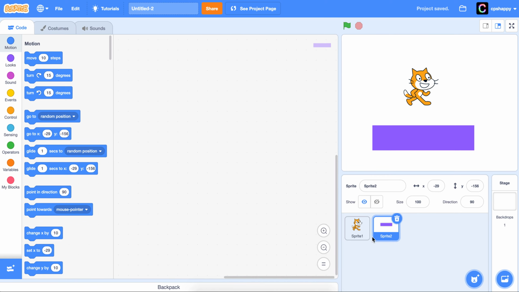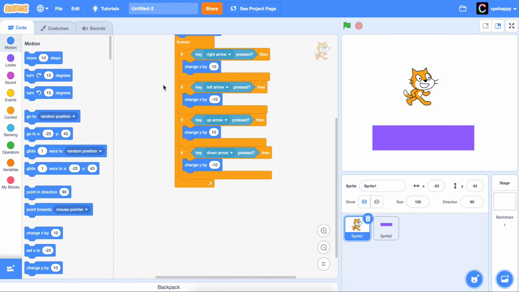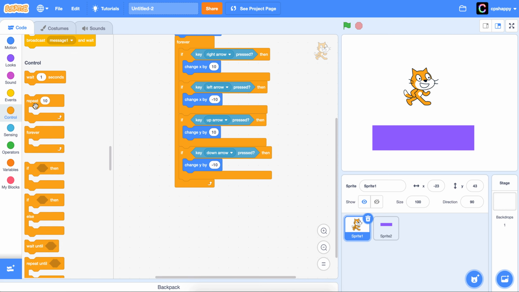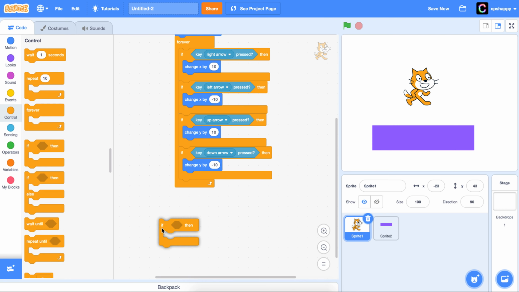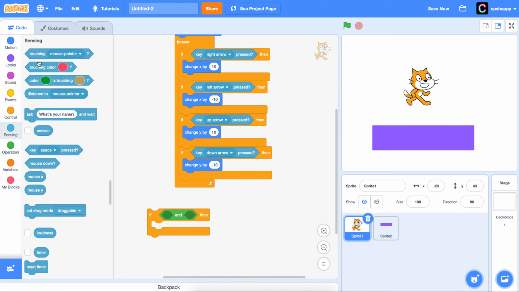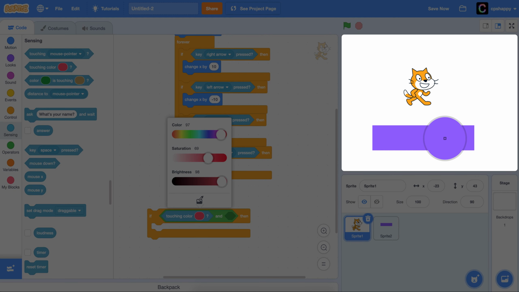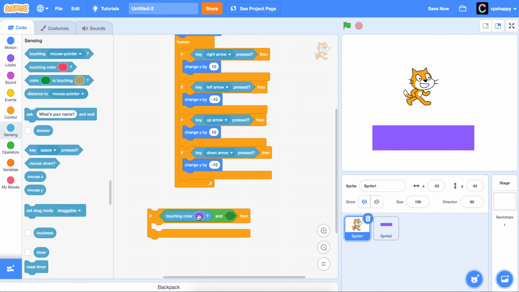So we're going to be making a similar code to this, just a tiny bit different. First we will get an if-then block, and we will get an and block. So if touching color, we get the pipette and we get this color. If touching this purple color and right key pressed,